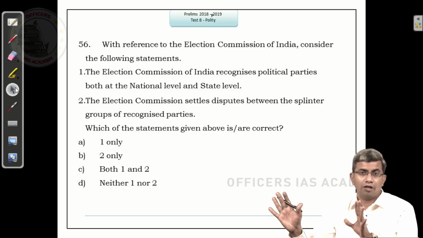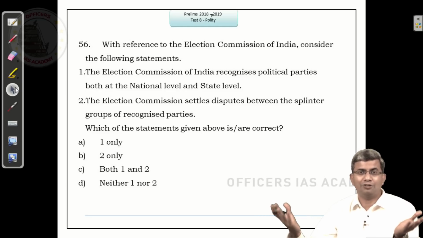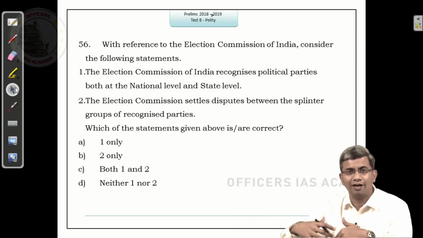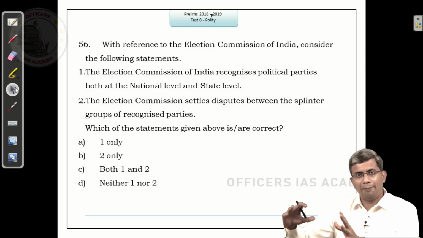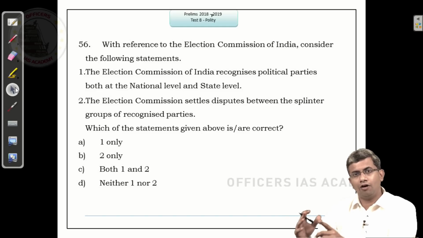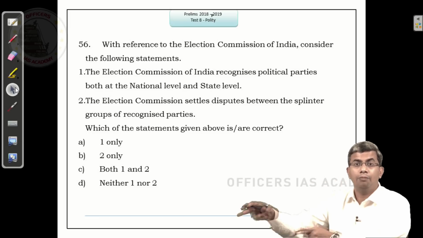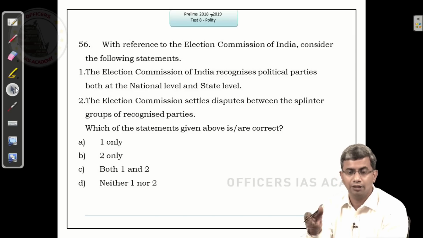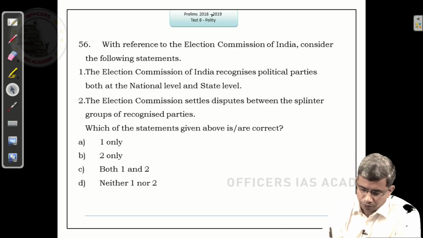You can enjoy those political developments, and once you get selected, you are going to deal with politicians. So, you better be prepared as to what you are getting into. But that is after you get through, right? So, now we are trying to get through to that post. And so, while those things can happen, think when you are reading or watching that news as to what is the static portion that may be asked, because this has come in the news. And this could be a static portion which can be asked. So, the correct answer for this is both 1 and 2.